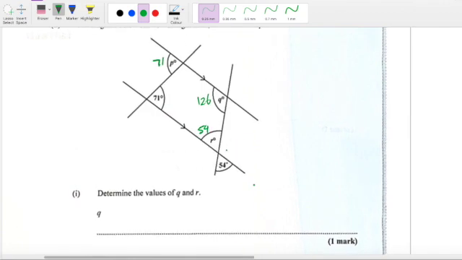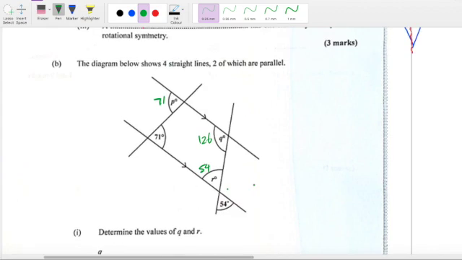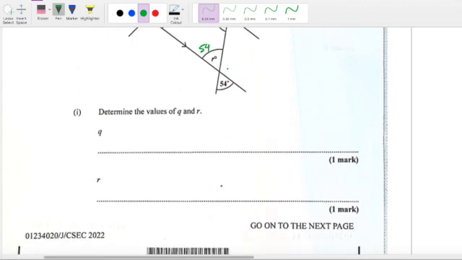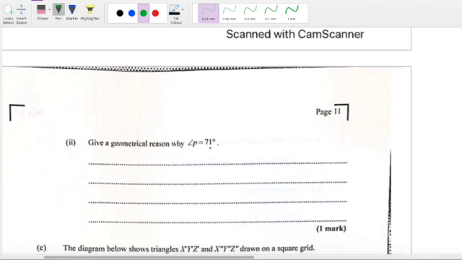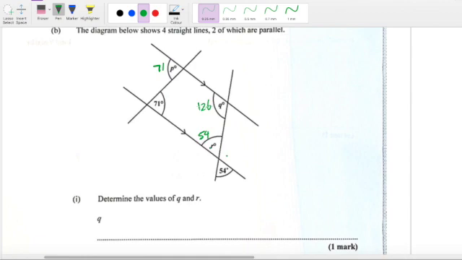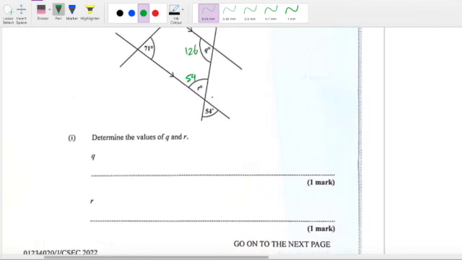determine the values of Q and R. So they didn't ask for reasons. Give a geometrical reason why angle P is 71. They didn't ask for reasons, but I'm just gonna be really, really careful, and I'm just gonna put reasons anyway. So Q. Well, R is 54 degrees, and I'm just gonna put vertically opposite,